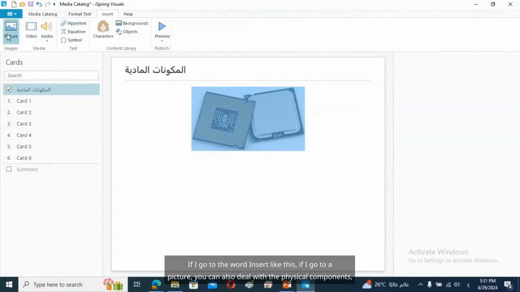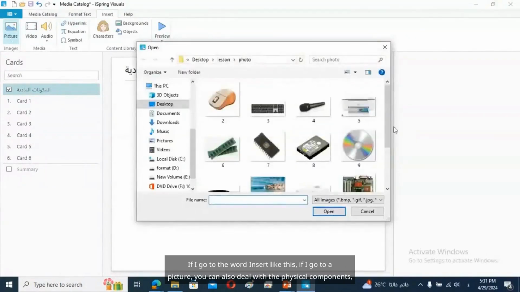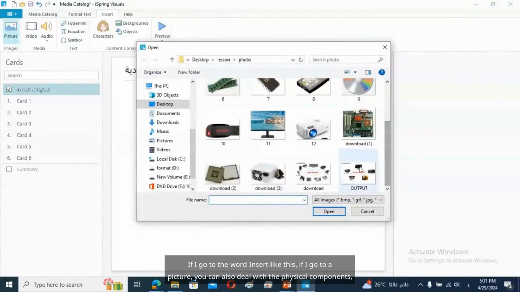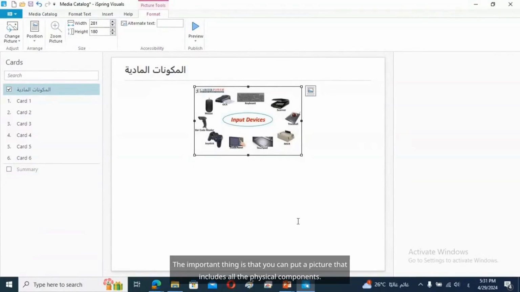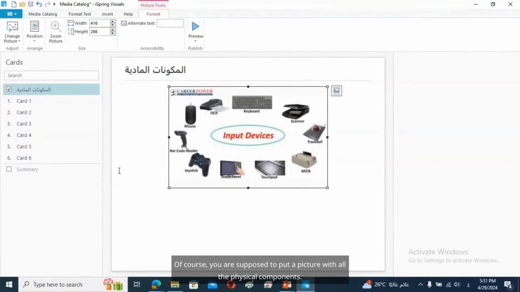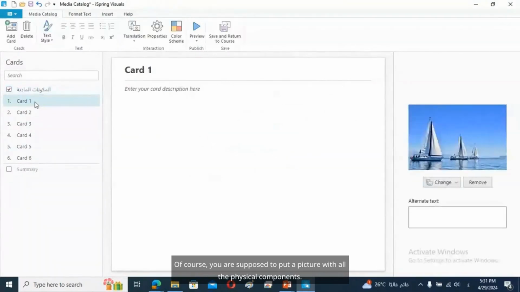And we also have other physical components. If I go to the word insert like this, if I go to a picture, you can also deal with the physical components, which are the input devices. Got it? All right. Input devices. The important thing is that you can put a picture that includes all the physical components. Of course, you are supposed to put a picture with all the physical components. So for example,